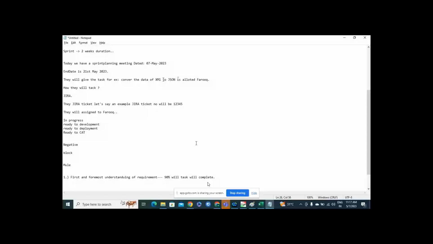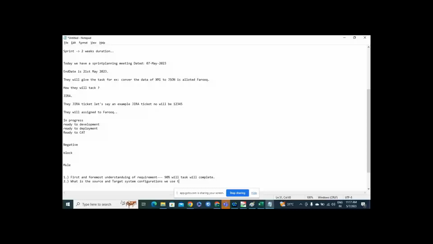Second case: what are the source and target system configurations we need to use? For example, they tell you the source system is Google and the target system is Amazon.